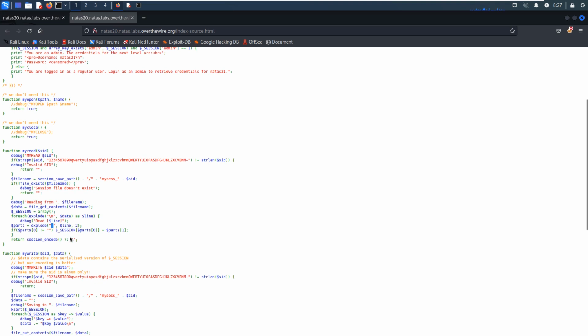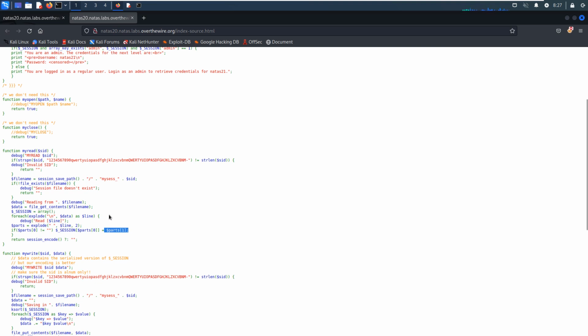Okay, and then the data should be like this: the first part should be like the list, and the first element should be the key name, and the second one should be the value.